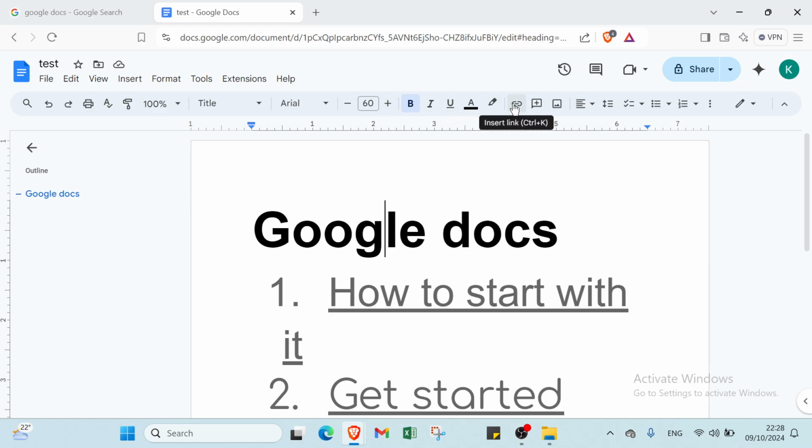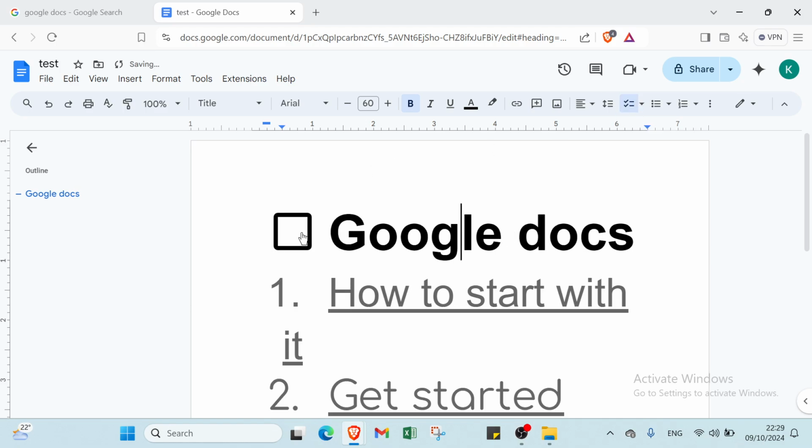writing. Then if you want to insert link, add comment, image if you want to insert it, and we have here align and indent, line and paragraph, and check the menu here, checklist here, for example like that, and you click over here, and then we have here bulleted list, numbered list as I did. Then we have here also numbered list, and more options here, editing, and we have here